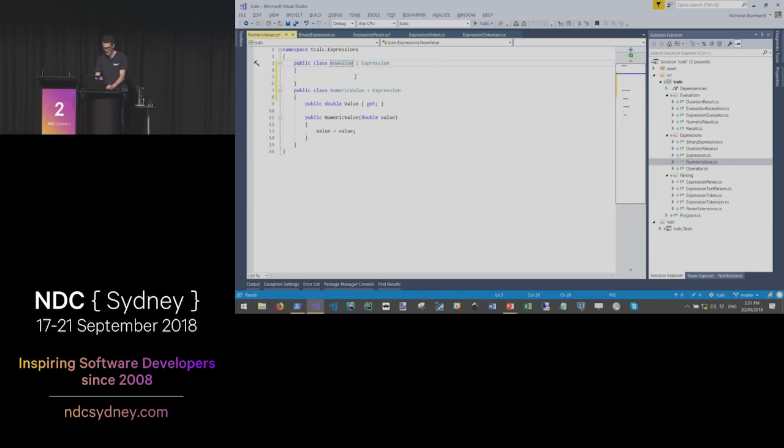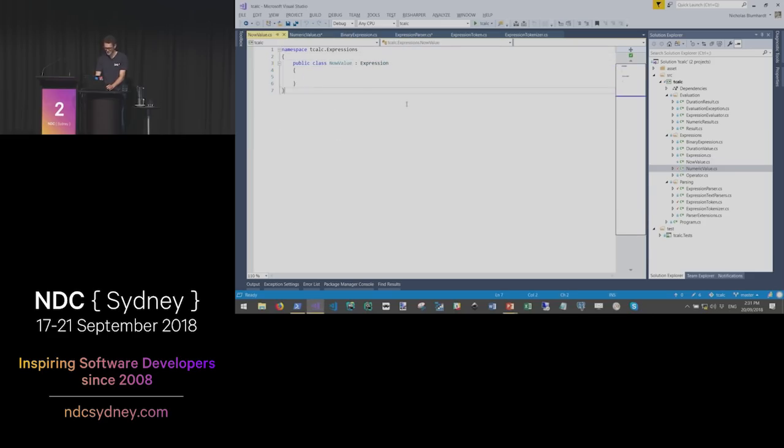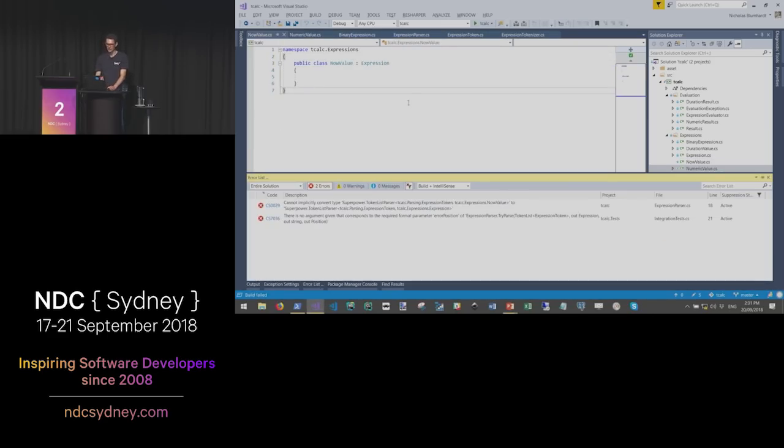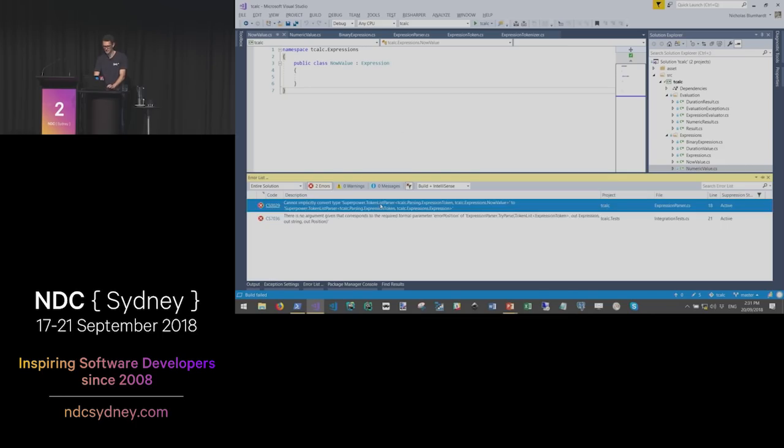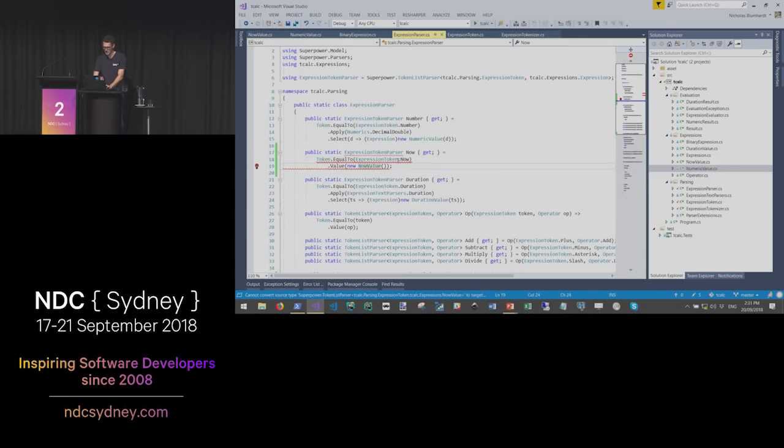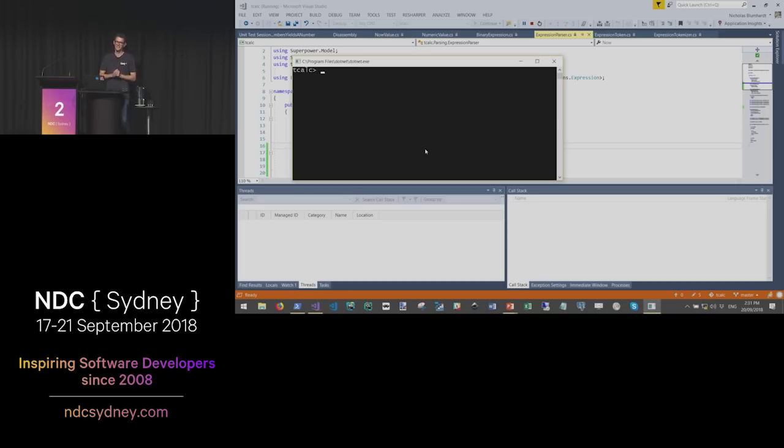Now, okay, now I can move it. And now if we run the program, hopefully that will work. No. There's no covariance, unfortunately. We have to cast it to an expression for reasons of struct and other things being involved that C# won't let us use variance for. So now minus 7 days. Okay, so now we're getting somewhere.